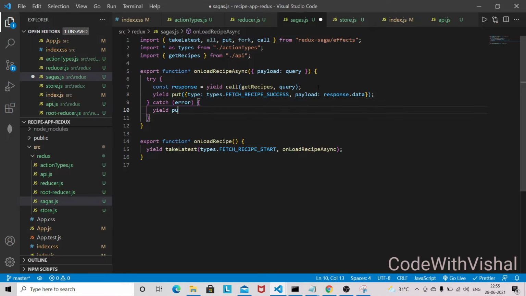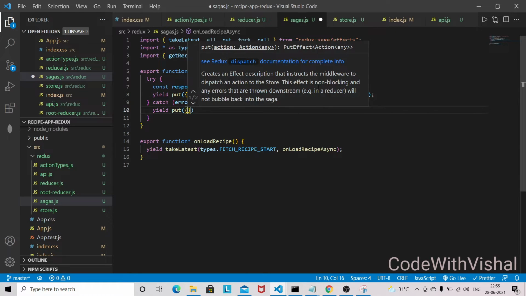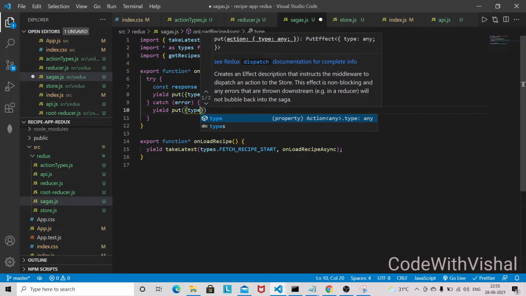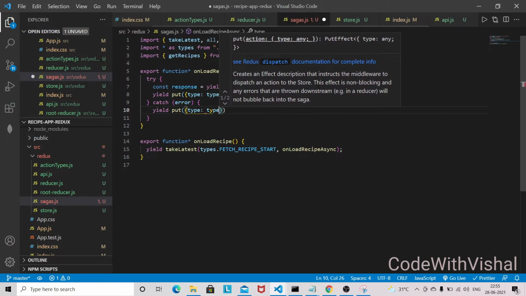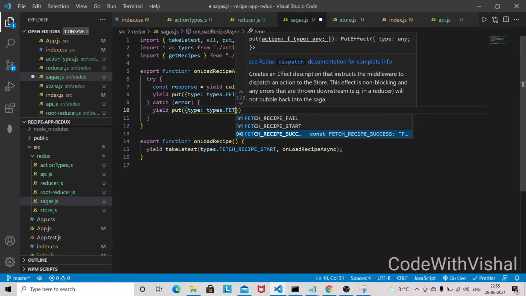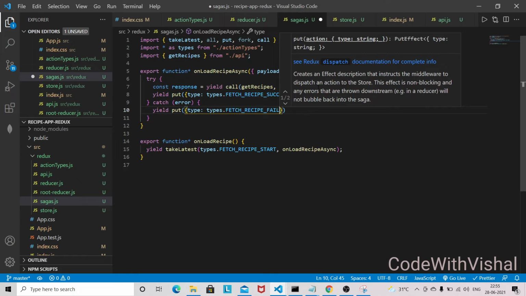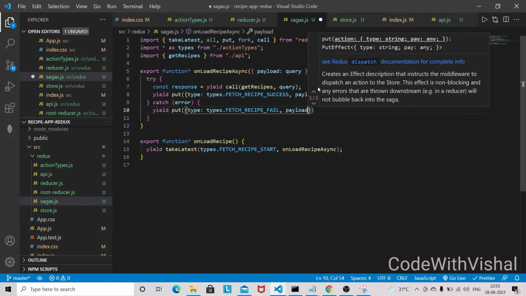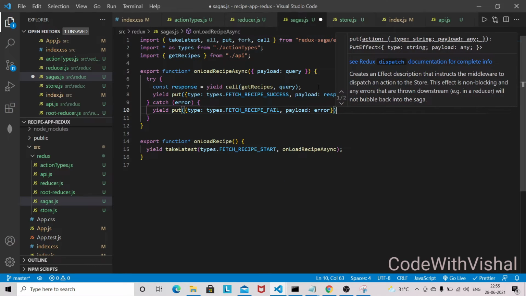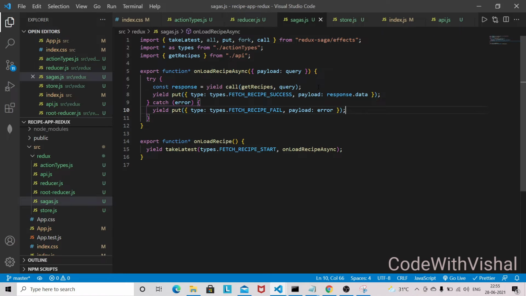And in case of error, we are going to dispatch types.fetchRecipeFail, payload error.